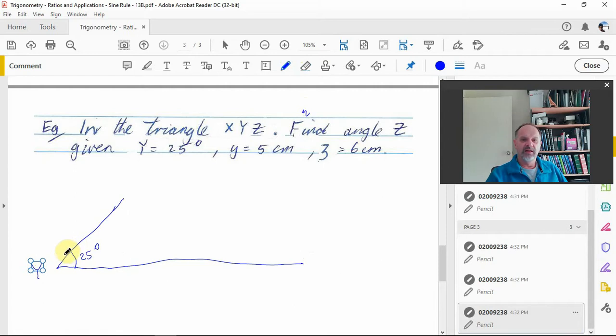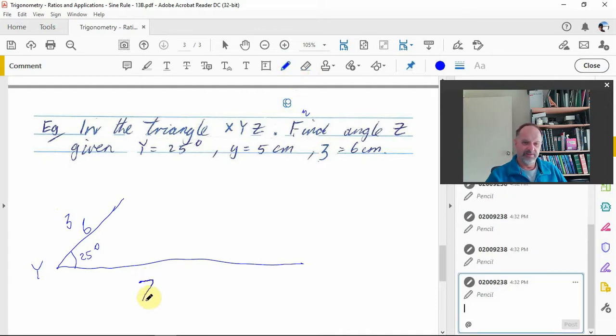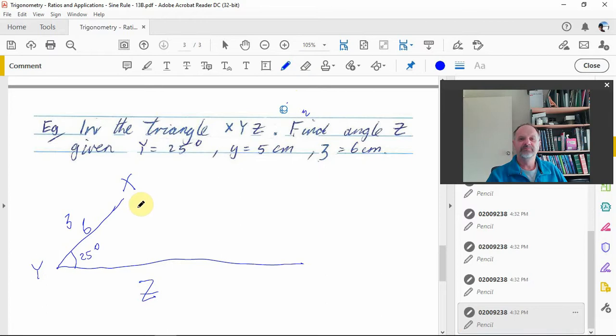All right. Now this side here is going to be my 6. So the Z's over here somewhere. Oh, sorry, that's little lowercase z. Uppercase Z is over here somewhere. Okay, so yeah, that means that this is X up here. And the length of Y is 5 centimeters. So if I have a 5 centimeter,